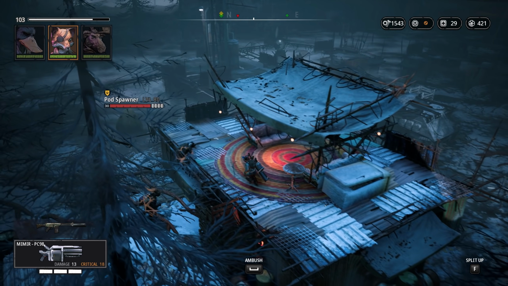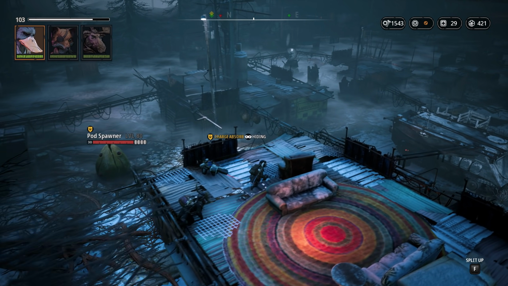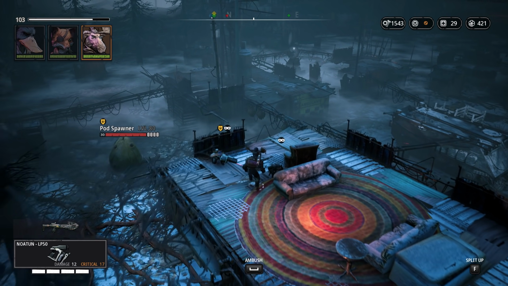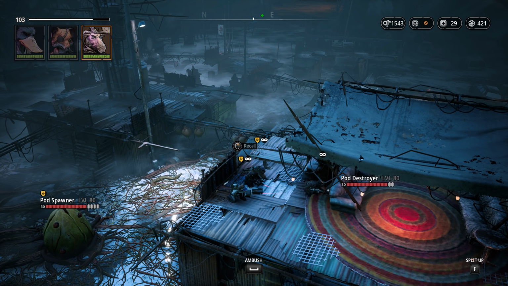In any case, as you can see, we are currently sneaking up on our last pair of enemies, one of which is once again a pod spawner, so we have to time this just right so that we can take them out both. The reason why we have saved these two for last is the fact that the other enemy is a destroyer, and as you might remember, their hand grenade explodes when they die, which has the potential to alert nearby enemies. At this point though, there are no other enemies left, and so we can now unleash